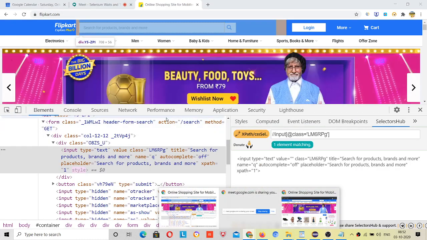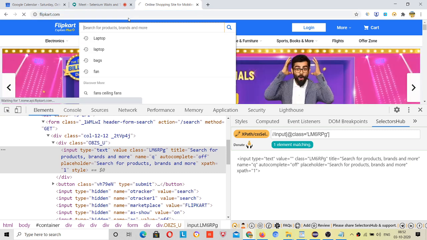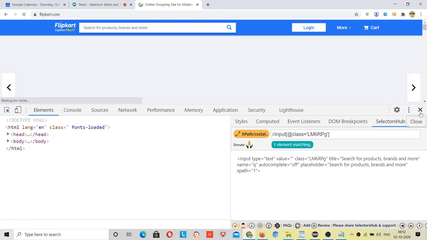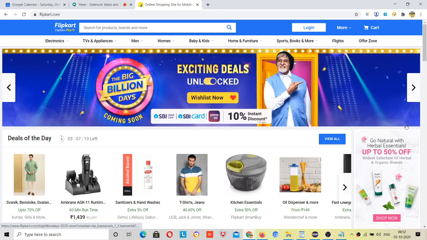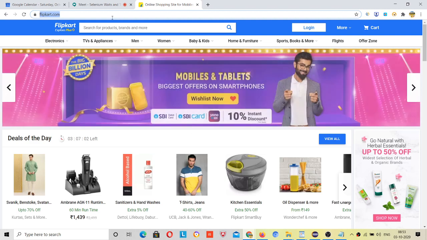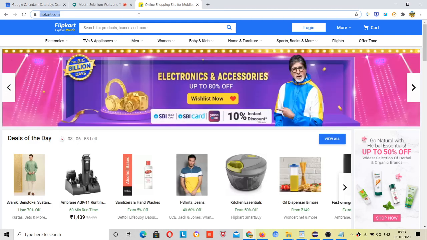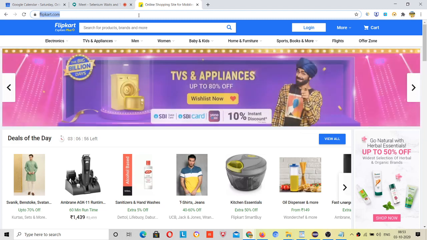If I have opened, then only I can see. If I open inside normal Google Chrome, I'm not seeing any pop-up. Why? Just because they have put some logic, that I am guessing. I am not sure about that. That if you are coming first time, then only show the pop-up to the user so that he can sign up or log in. But if I am in my normal browser, then I am not seeing any pop-up, right?